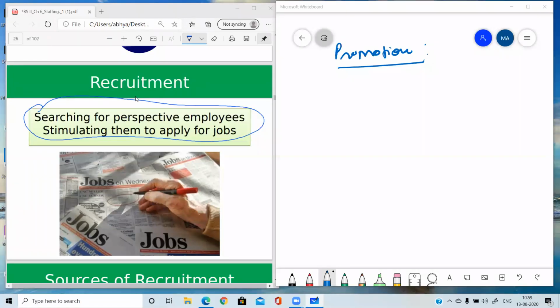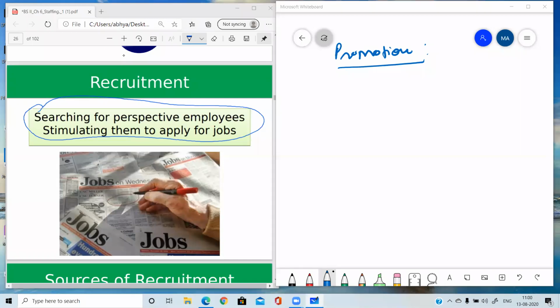Yes, promotion means next level, very good. Anirudh is saying that promotion means next level. What do you mean by saying next level? Yes, higher level of employees. Very good. Going to the next level, movement of a person from lower level to higher level. Yes, more authorities. Whenever you have more authorities, then always more responsibilities. Authorities cannot be granted without responsibilities, otherwise authorities will be misused.